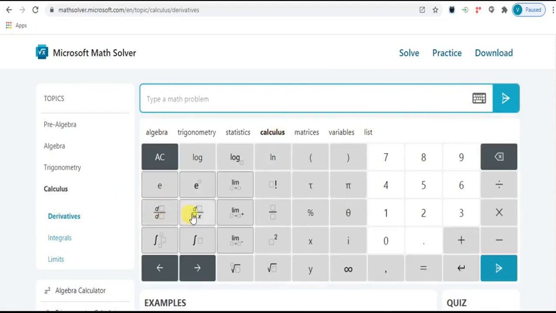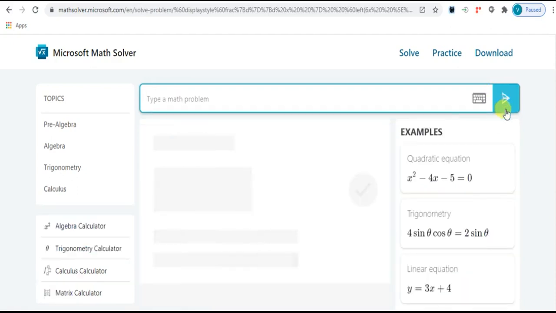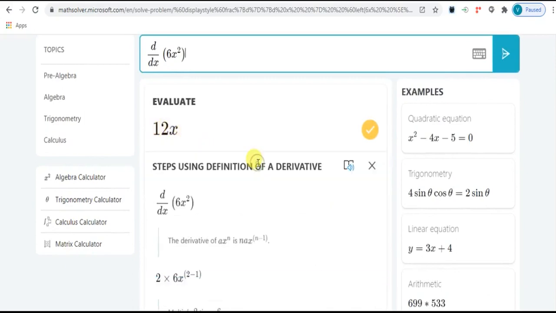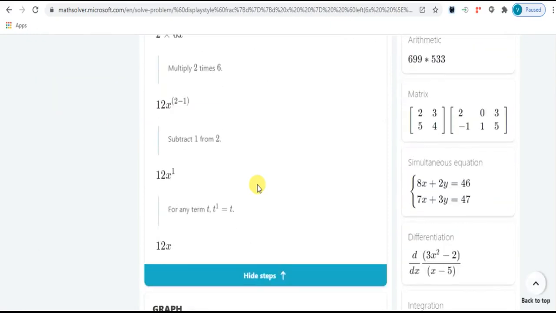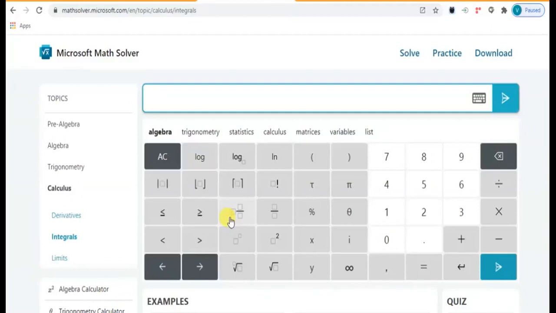Suppose I want to find the derivative of 6x square. It will show the solution 12x, as well as you can view the steps for solving the problem. It also shows the graphical solution. The beauty of this application is that you can use different types of calculators.